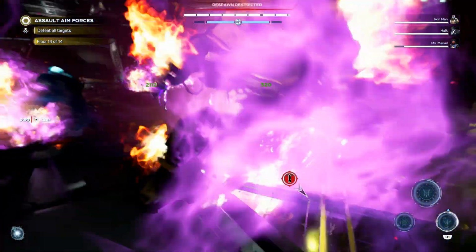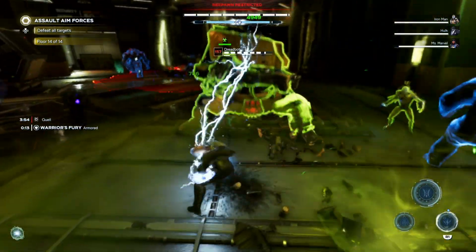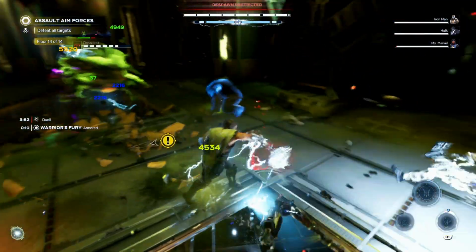Hello everyone, this is Clicky Power with a Pim shock damage build for Thor. This build does a lot of damage, exploiting the two different types of status damage, particles and shock, alongside plasma